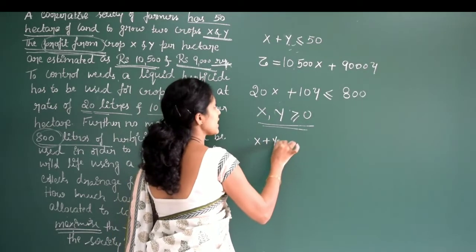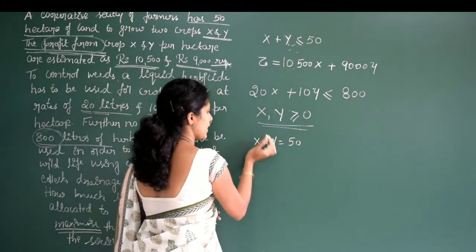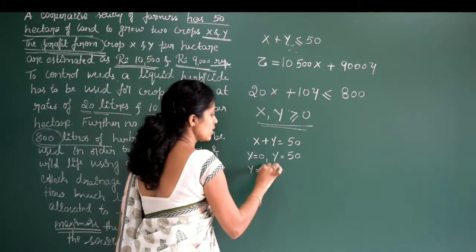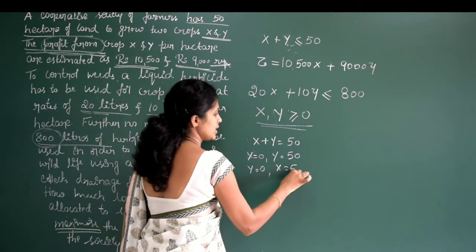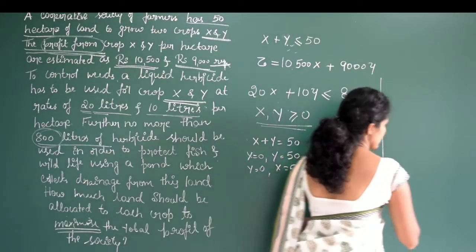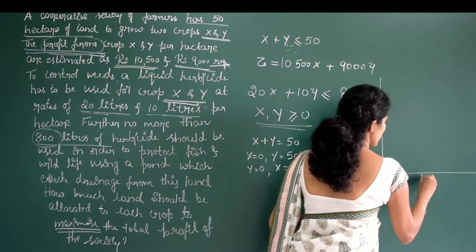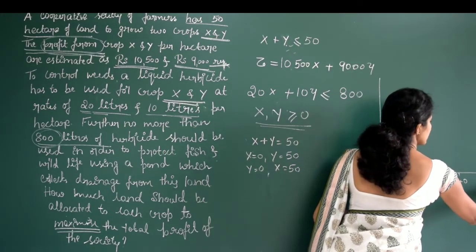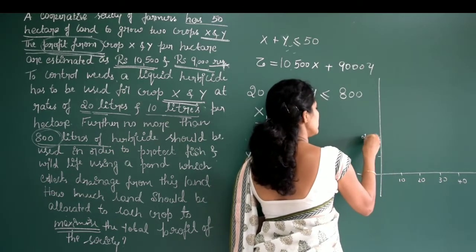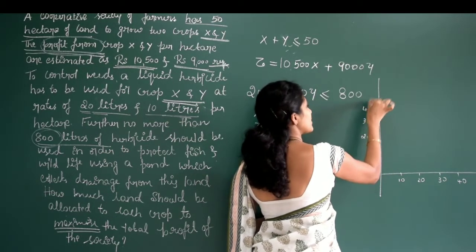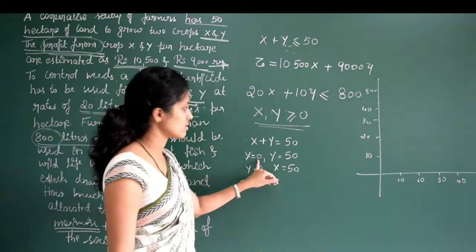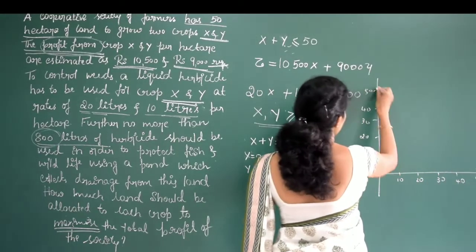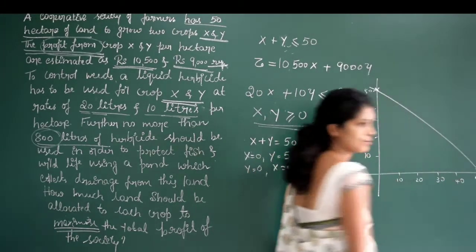It will be X plus Y is equal to 50, right? When the value of X is 0, Y will be 50, and when Y is 0, X will be 50. So we need to draw a graph. So let us consider this one. So this is 10, 20, 30, 40, 50, 60. Draw this, easy it is. So this is now 0, 50 and 50, 0. The points are here, 0, 50 and this. So name this line. That is the first thing.